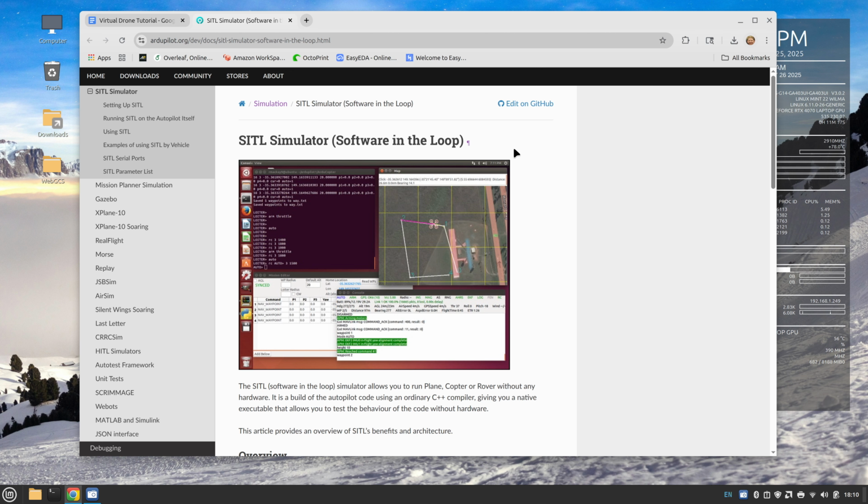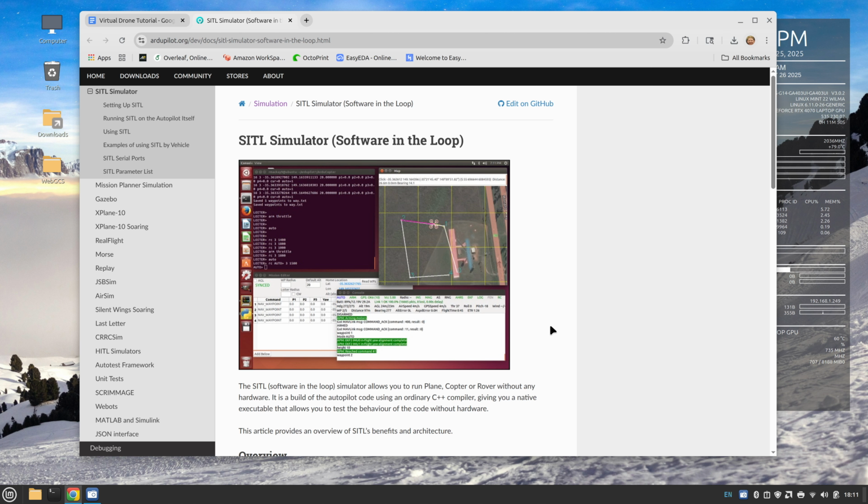Well, ArduPilot code runs on the flight controller on the drone, and it's written in C, mostly C++. So instead of compiling it to run on the flight controller, you can compile it to run on a desktop computer or a server in the cloud. And that will have all the same software functionality as the software on the flight controller of the drone in the air. And you can simulate all the motor